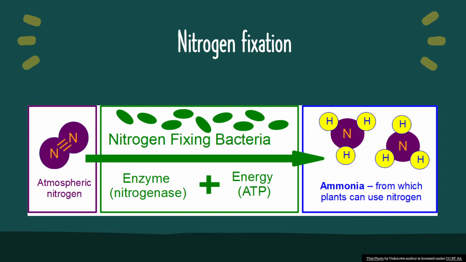Let's see how. So basically, the atmospheric nitrogen gets into the soil. Now, there are bacteria and lots of other things. The main bacteria responsible for doing this is rhizobium. Rhizobium is there in the soil and it helps in, not really breaking it down, but getting the nitrogen and converting it into ammonia and other types of nitrates and stuff like that, which we can get. Now, how do we get it? Well,